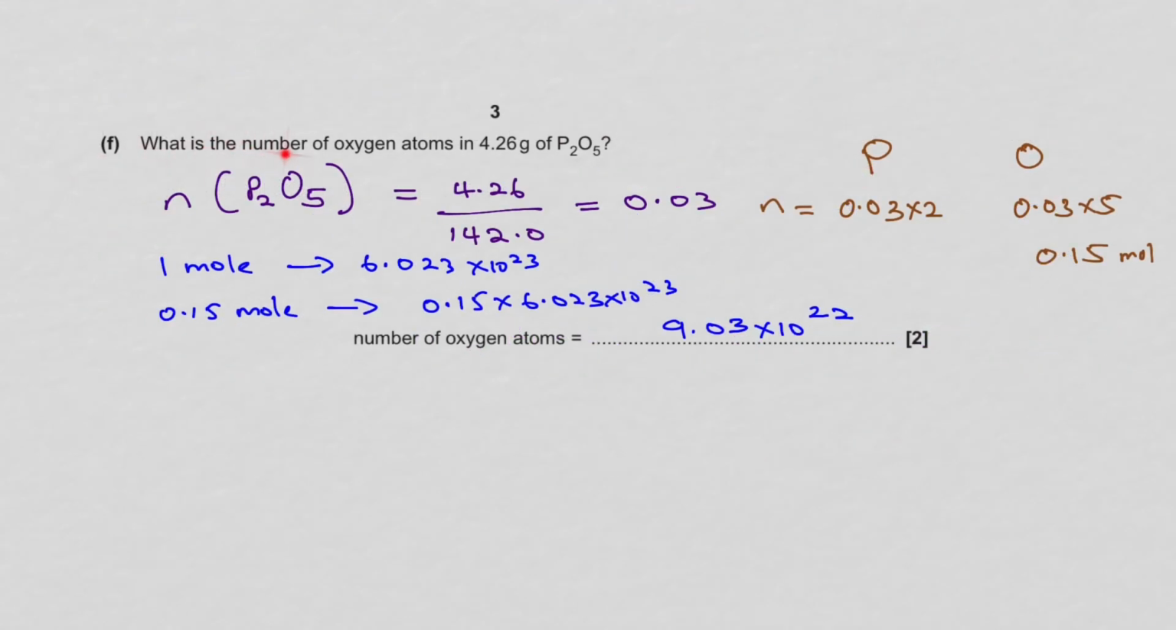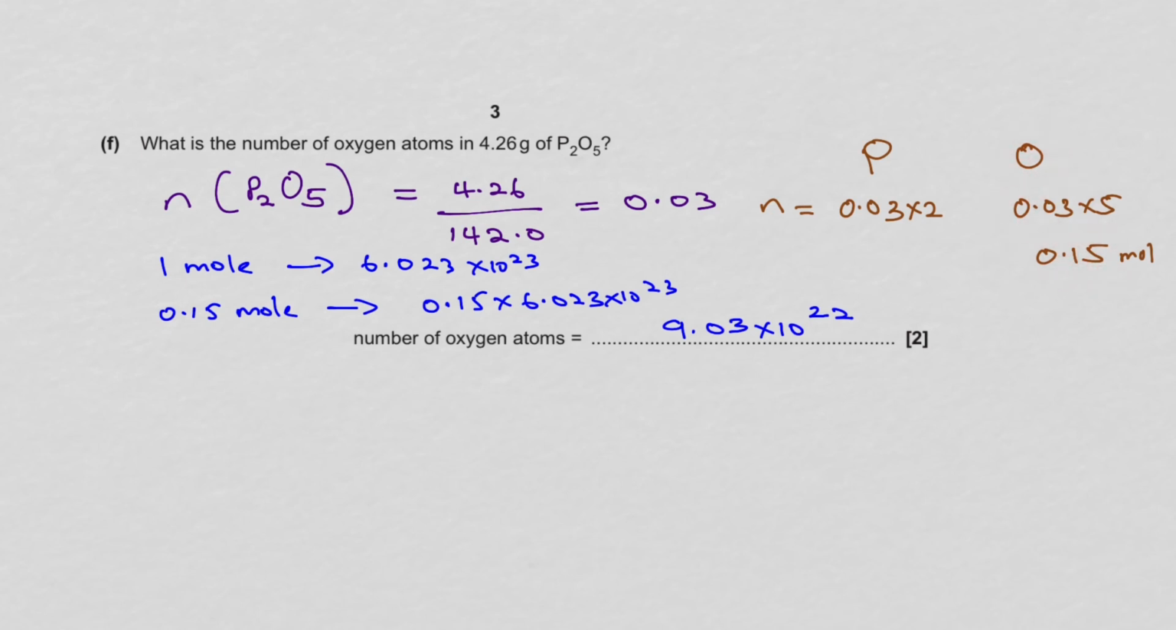F. What is the number of oxygen atoms in 4.26 grams of P2O5? To know the number of oxygen atoms, we need to find the mole of oxygen atoms. Mole of P2O5 is 4.25 divided by the relative molecular mass of P2O5, which is 142, and that gives you 0.03. Now, to find out how many P2 is in there, because there are 2 of them, you do 0.03 times 2. Because there are 5 oxygens, you do 0.03 times 5, and that's 0.15, because this is what we're interested